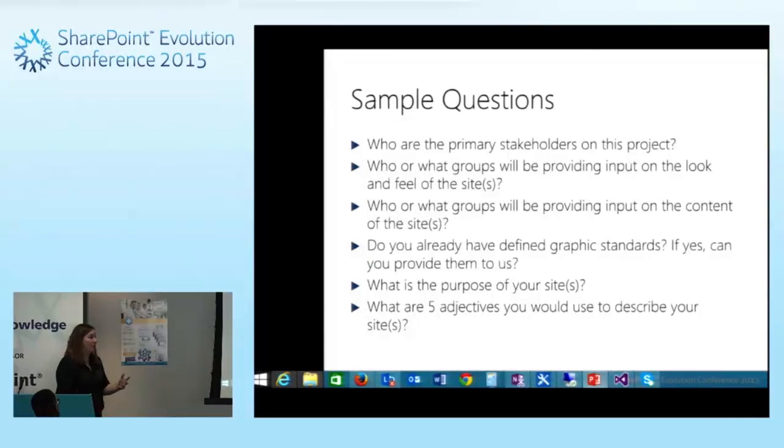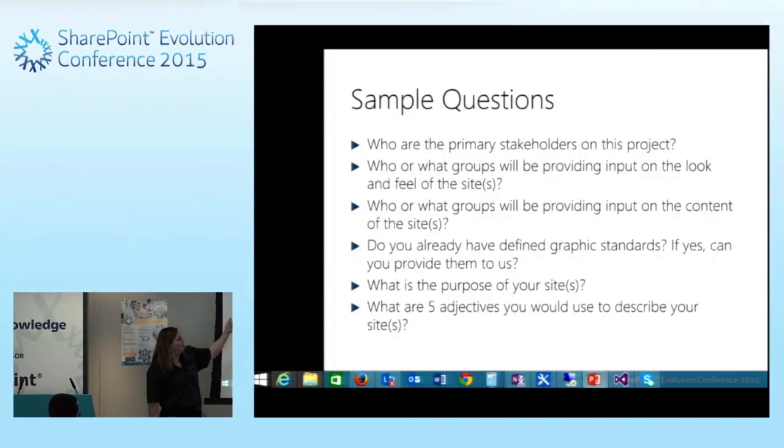These are some of the sample questions that I ask, going through and trying to define things around UX. Who are the primary stakeholders? What are the groups that are going to be providing input on the look and feel? So the colors, the logos, the layouts. A lot of times you go in and you work with IT groups, and companies have marketing teams, right? And the marketing team is the one that is in charge of the colors and fonts and the logos, but IT is the one running the project. And so you need to identify who those people are, because